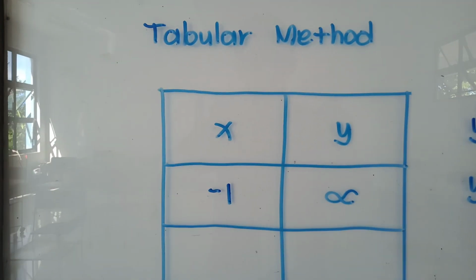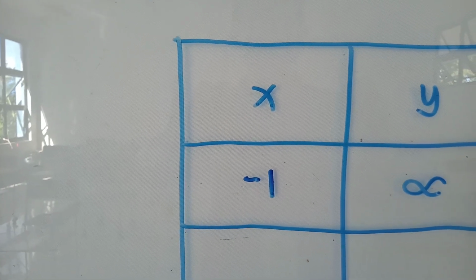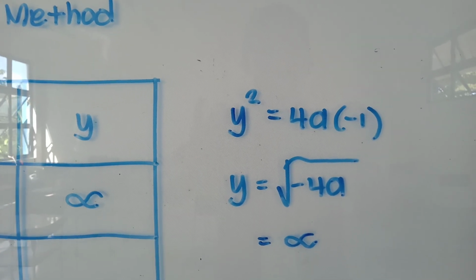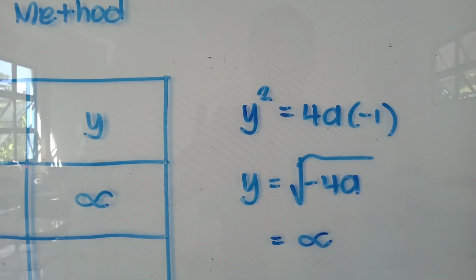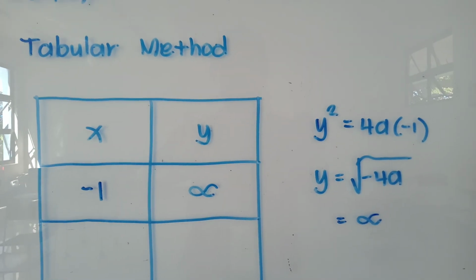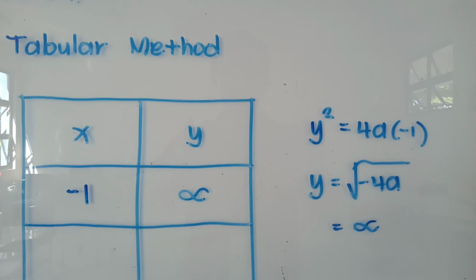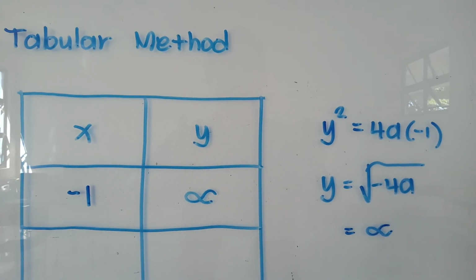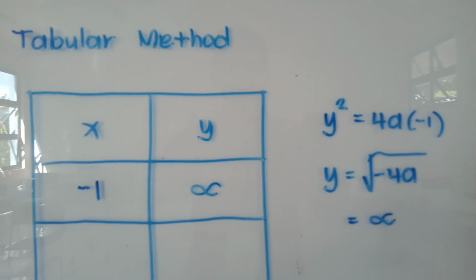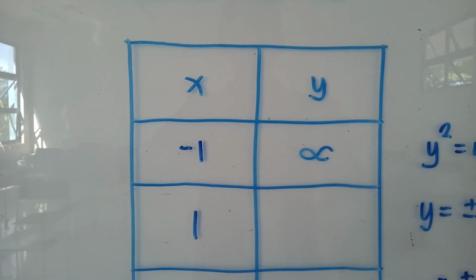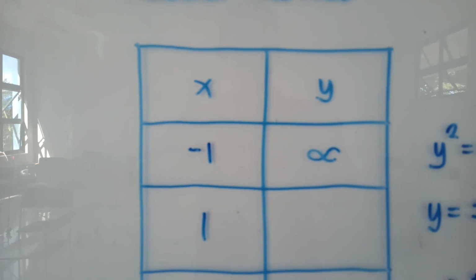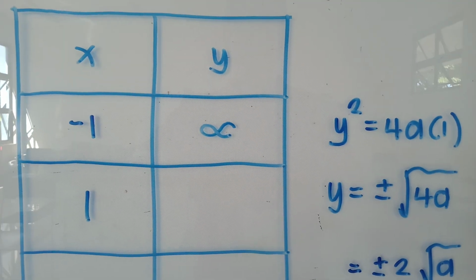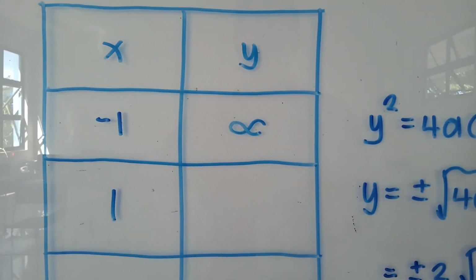So shall we say we assume a value of -1 for x. We know that we will solve that y is equal to infinity because the square root of a negative number is always infinity. This means to say that our parabola will not traverse through the region where x is negative, and these are quadrants 2 and 3. Alright, since our parabola will not traverse through quadrants 2 and 3, we try the 2 other quadrants wherein x is positive, and these are quadrants 1 and 4.